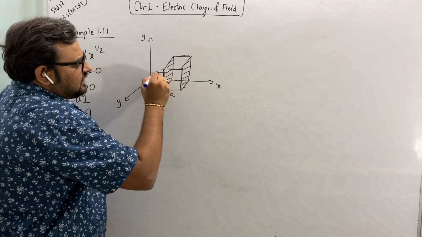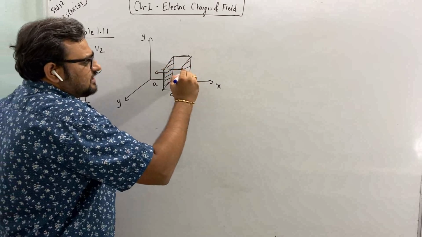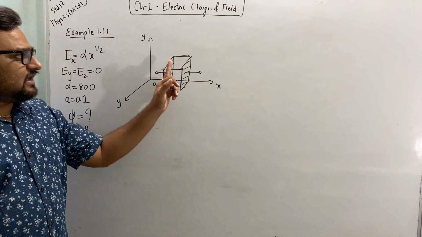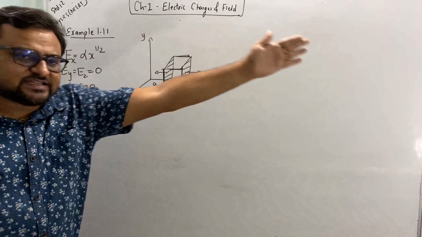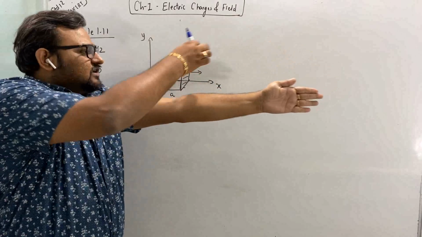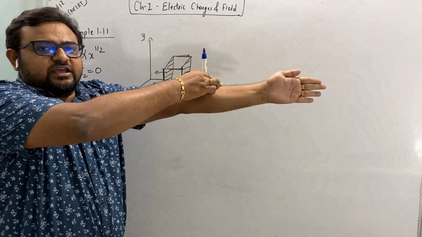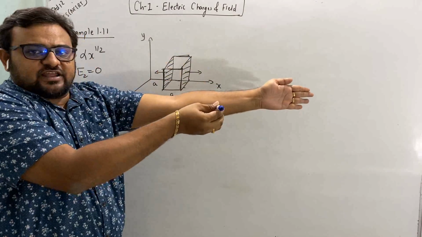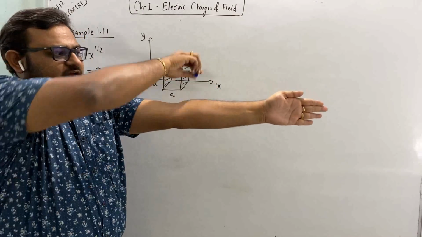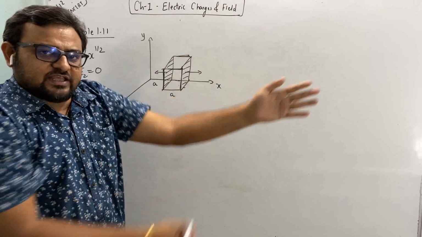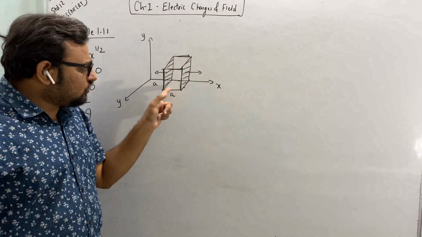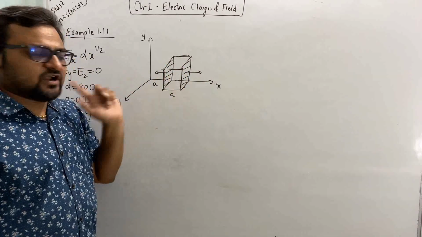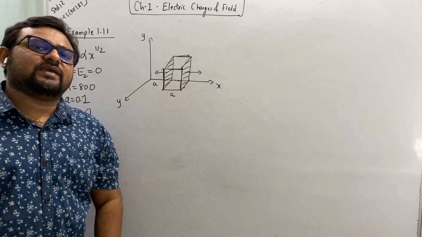This surface area, this will be the surface area, and here this will be the surface area. Clear? When I take the other surface, the electric field is in the x direction, this way. When I take this surface, the area is in this way, 90 degrees. So cos 90 is 0, no flux. When I take this surface, again in this way, cos 90. So in all these four cases, 1, 2, bottom 3, and this front 4, the flux will be 0.